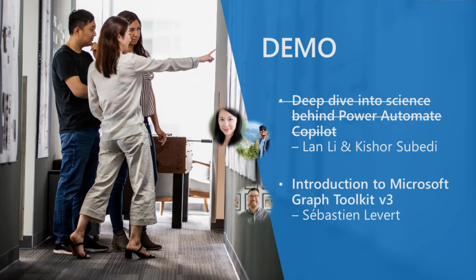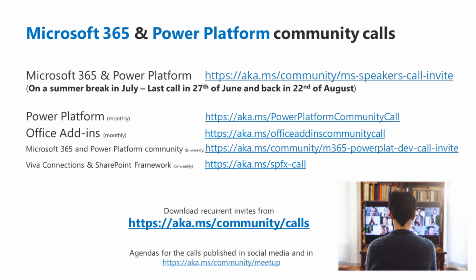So as mentioned when we started the call, unfortunately, the second Planet demo for today has been cancelled. So the deep dive into the science behind Power Automate Copilot will be covered later on. We're just getting that scheduled. Unfortunately, that also means it's scheduled past the summer break. Again, we will be on a summer break on this Tuesday call from 1st of July until 22nd of August. So 22nd of August is the next call, and most likely we'll have that session on August 10.